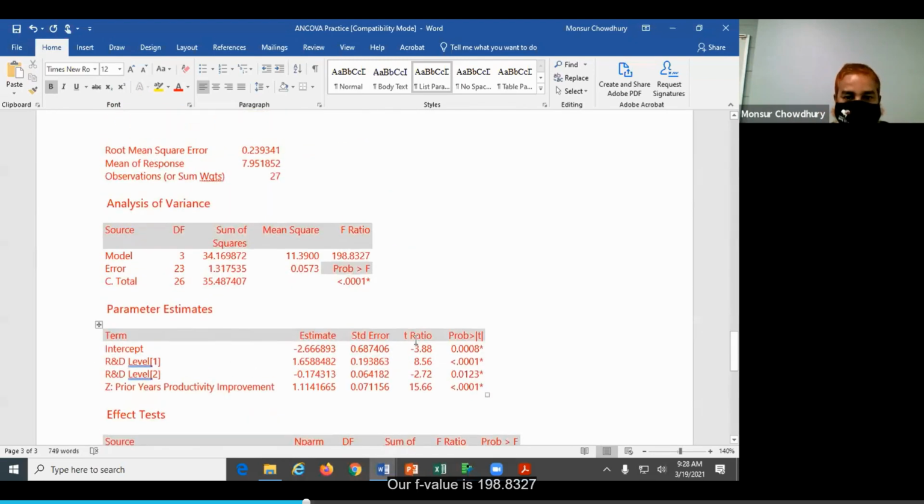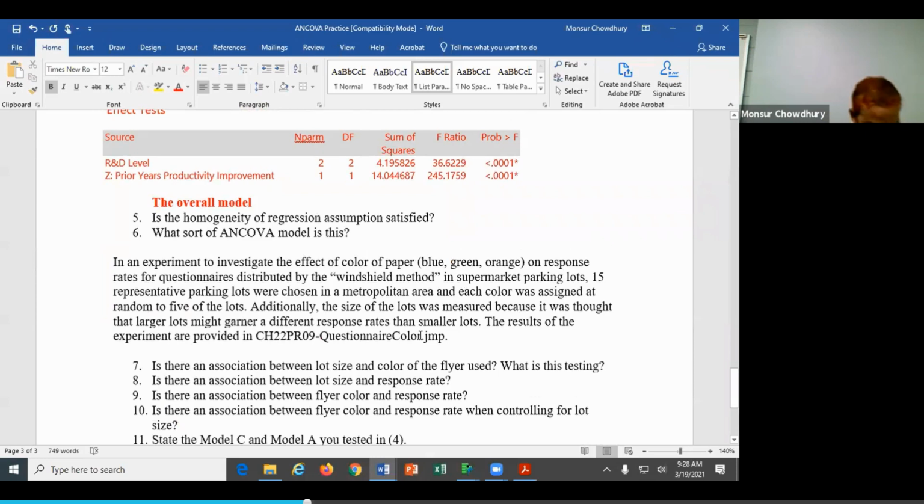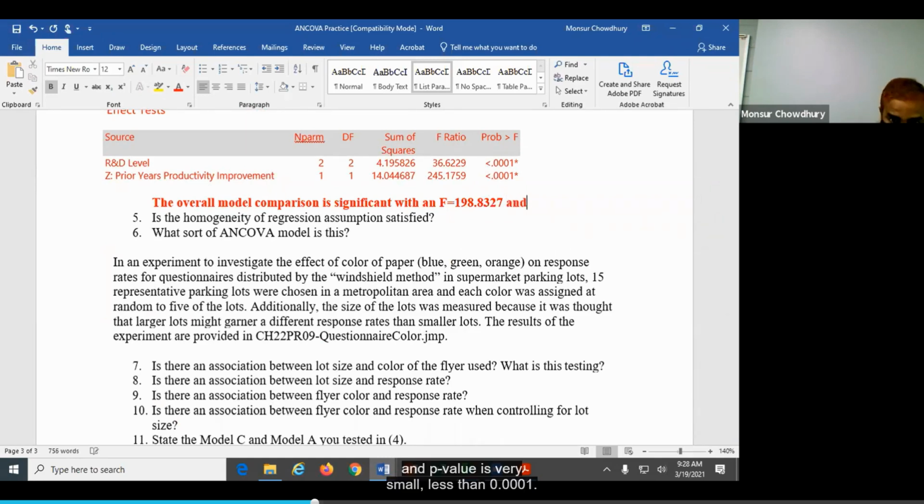Our F value is 198.8327. And the p-value is very small, less than 0.001.